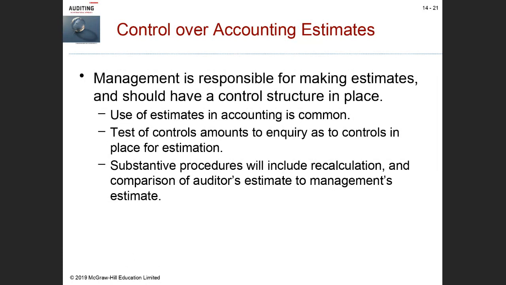Control over accounting estimates. So this is discussed on page 631 in the text. We've mentioned that one of the most difficult areas of accounting is the area of accounting estimates. And in fact, there are many accounting estimates, right? If we think about accounts receivable, the allowance for doubtful accounts is an accounting estimate. If we think about inventory, market value, right? Net realizable value of inventory is an estimate. And the rule for inventory says lower of cost and net realizable value.